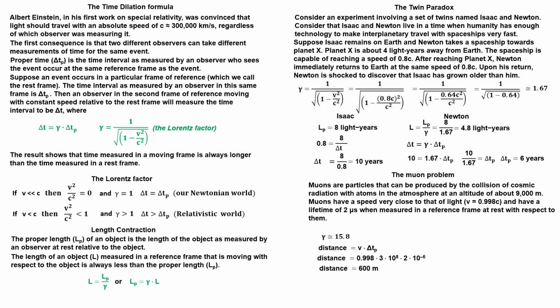Experiments, however, show that a large number of muons do reach the ground. How do we explain this? The length contraction explains how. Let's apply the length contraction formula. As we figured, the muon would only have time to travel about 600 meters, but in its frame of reference, this is more than enough, since the 9,000 meters shrinks to about